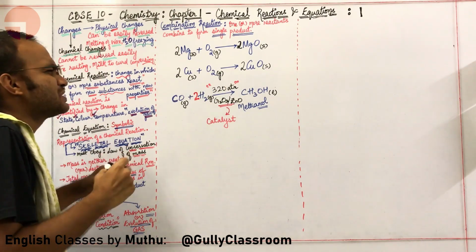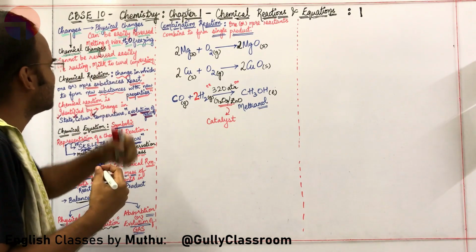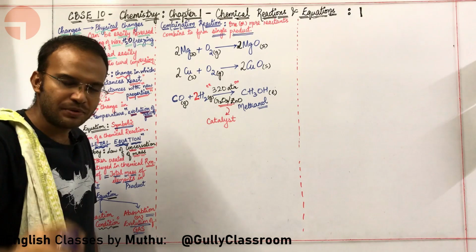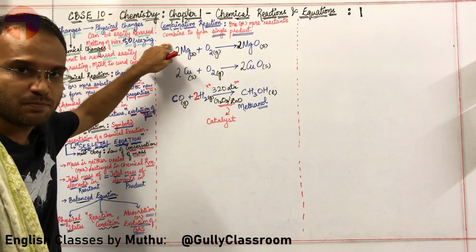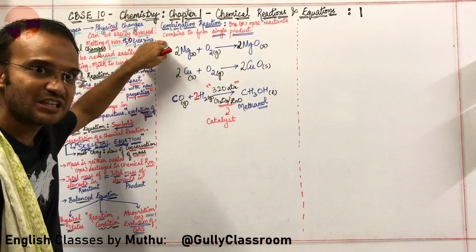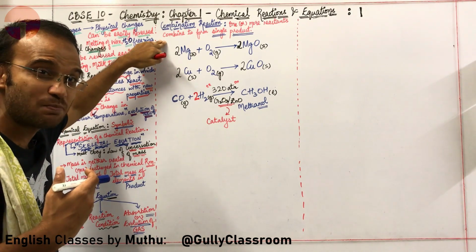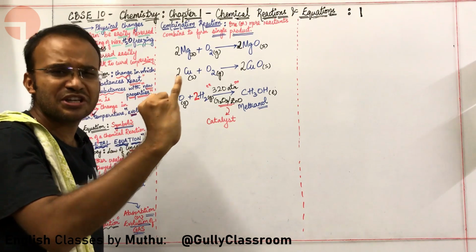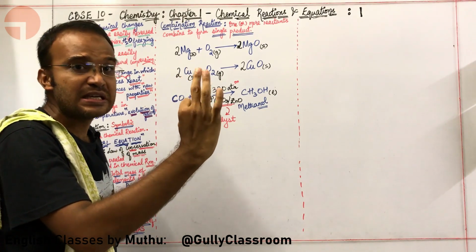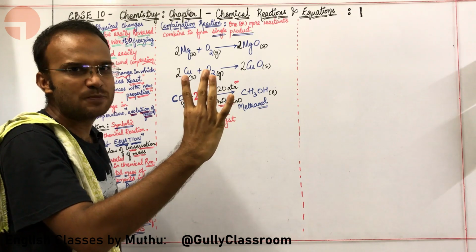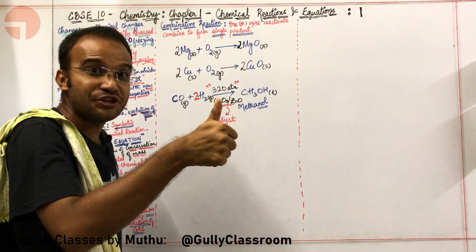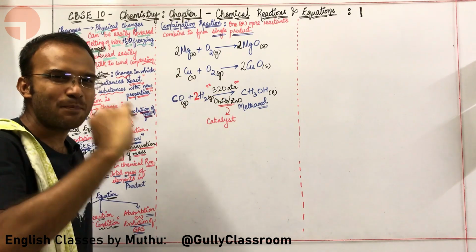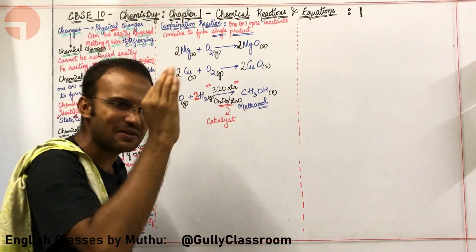Okay sir, give us some more nice examples for combination reaction. First of all, what is combination reaction? Before going to the first type of reaction, let us recall all the 5 types of reaction: combination reaction, decomposition reaction, single displacement reaction, double displacement reaction, and finally redox reaction, which is nothing but reduction and oxidation reaction happening simultaneously at the same time.